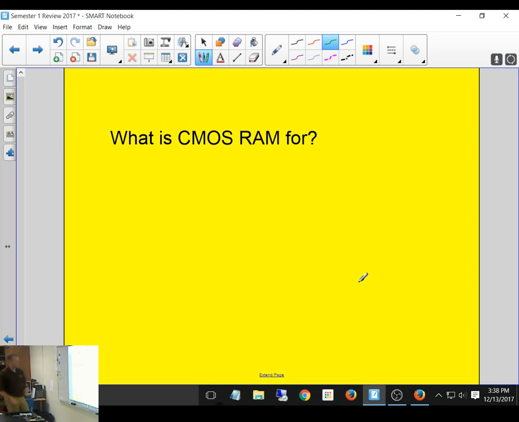What is CMOS RAM for? One of the other ICANNs that you guys said, or some people said, they didn't understand what it was. So what is CMOS RAM? Okay, so CMOS RAM is just the location, the storage location